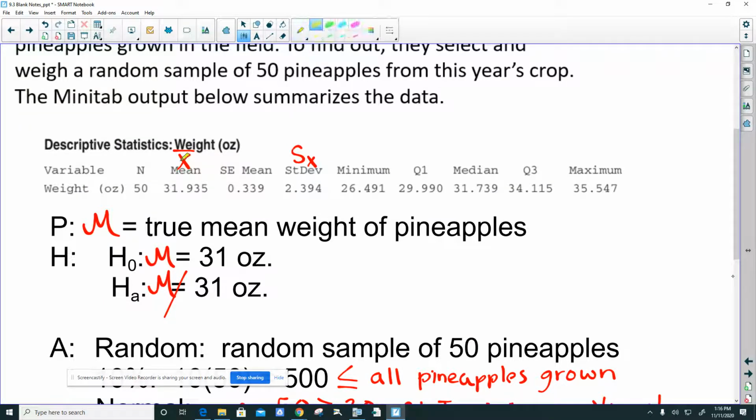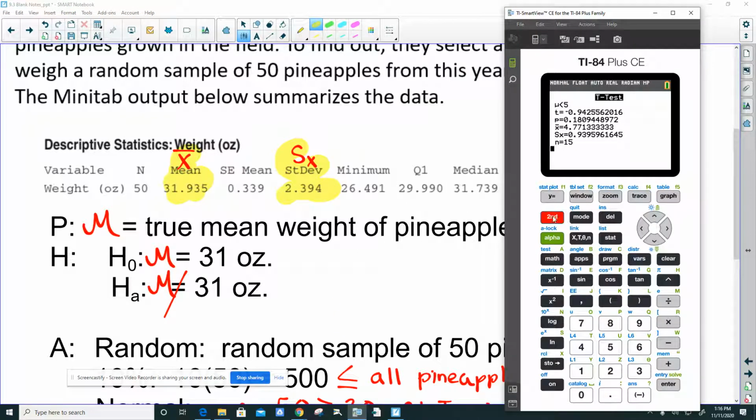Okay, the information we're going to need to input is the mean from our sample and the standard deviation from our sample. Okay, so we are going to be pressing stat, bumping over again to the test menu, coming down and picking t-test. Okay, this time we have the stats, not the data, so you want to pick stats. Right? We had established our null hypothesis value was 31. We're going to fill in the sample mean,